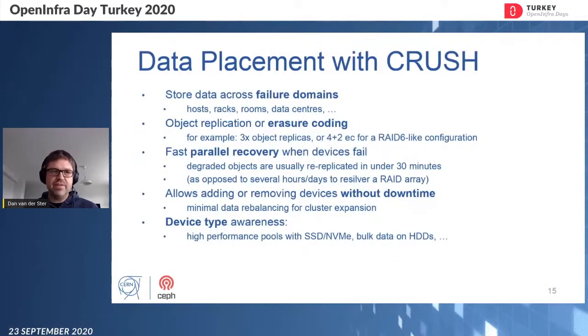And the magic of Ceph is something called CRUSH. CRUSH is what Ceph uses in order to do the following. It can store data across failure domains. So you can describe your infrastructure, whether it's hosts or racks or rooms or data centers, to the cluster, and it will replicate accordingly. It does object replication or erasure coding. So for example, it's typical to have 3 replicas per object, or do 4+2 erasure coding